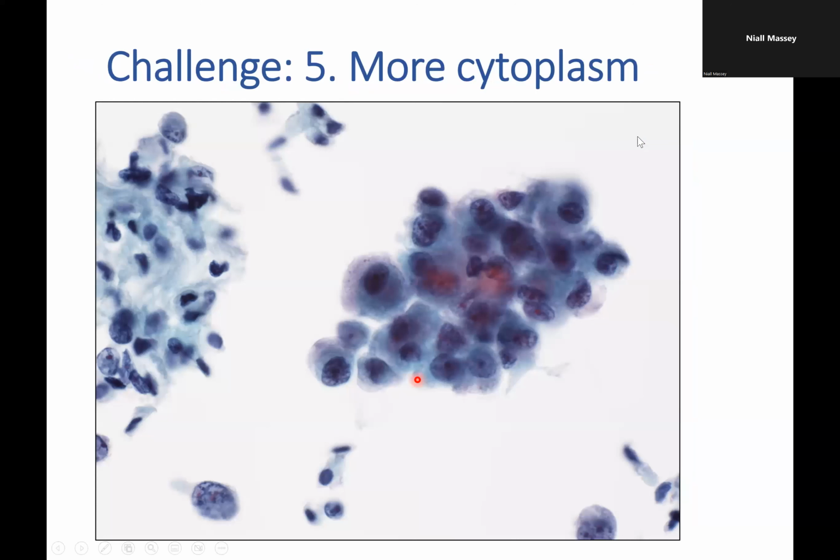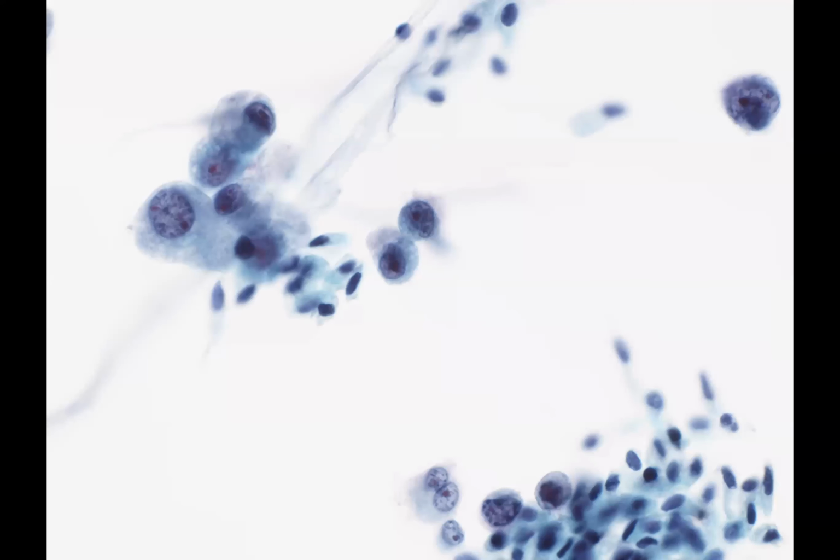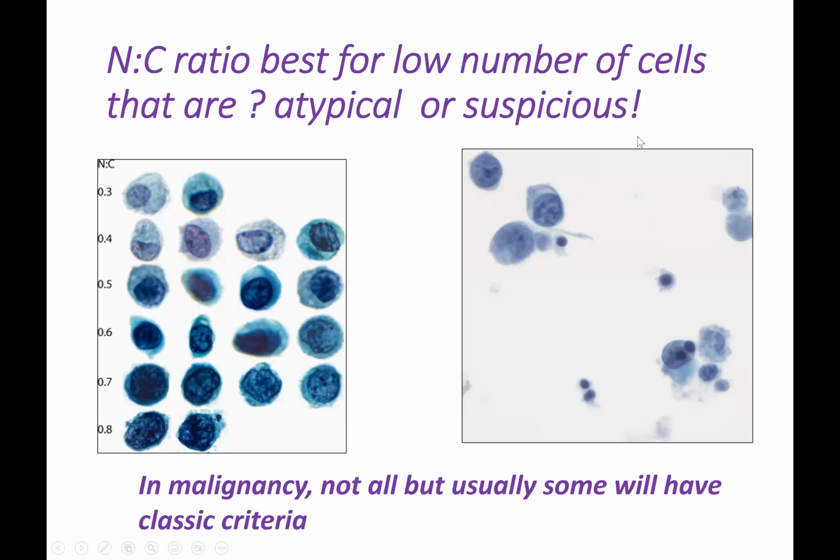Then sometimes when urothelial cells are malignant, they may not have the high nuclear to cytoplasmic ratio. They may have abundant cytoplasm, but nevertheless, looking at the nuclear features, hyperchromatic, very irregular, prominent nucleoli, they are malignant looking cells, despite the NC ratio. Here again, we've got cells with fairly abundant cytoplasm, but nevertheless, malignant nuclei. So in summary, I suppose, using